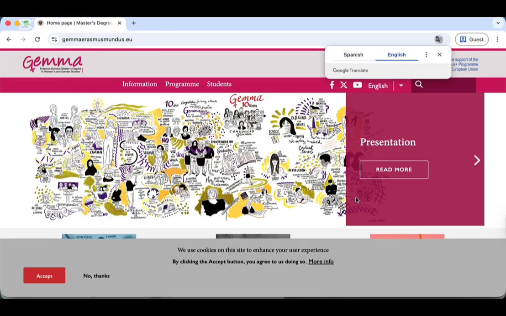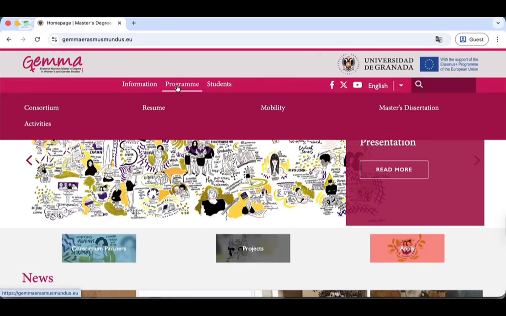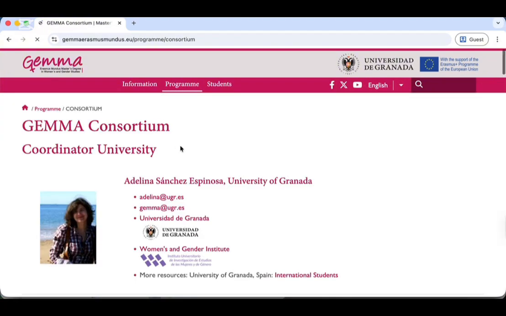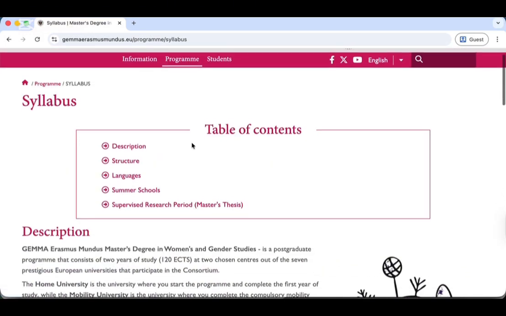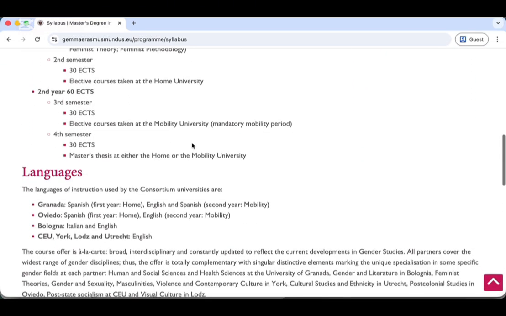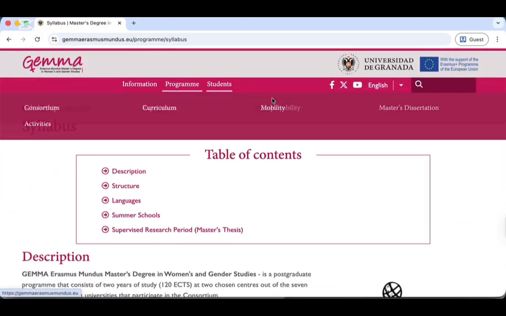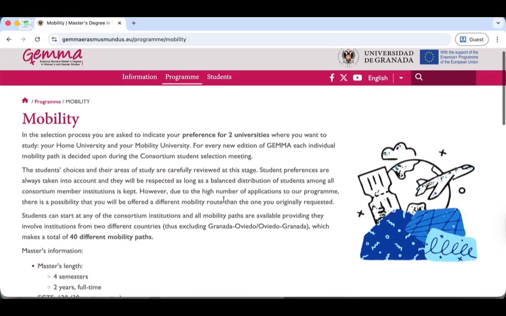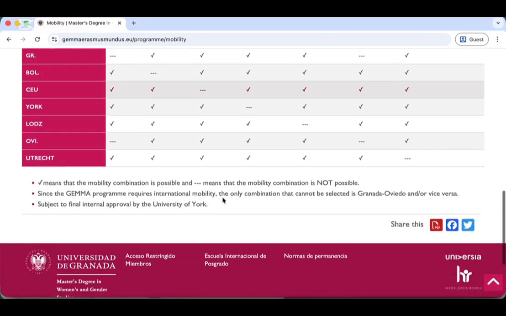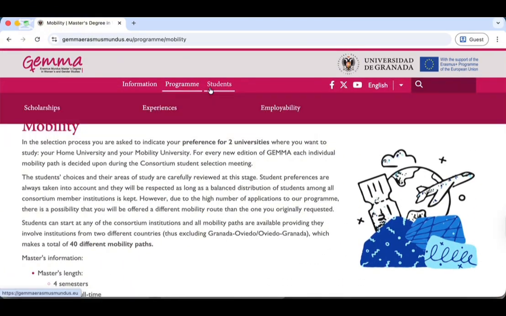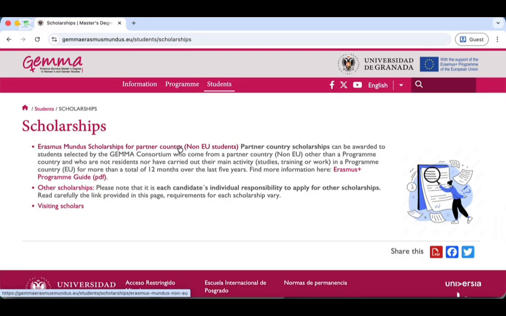Okay, so let's check this program. Last time I tried to apply to this one, but they didn't have the funding for the coming year. So one of the most important things is to read on their page and see if they have a scholarship, because you might find yourself preparing every document, and you can even get admission, and then you find that you applied to a program that doesn't have funding, and they're gonna ask you to fully fund your studies for 2 years, which is very, very expensive